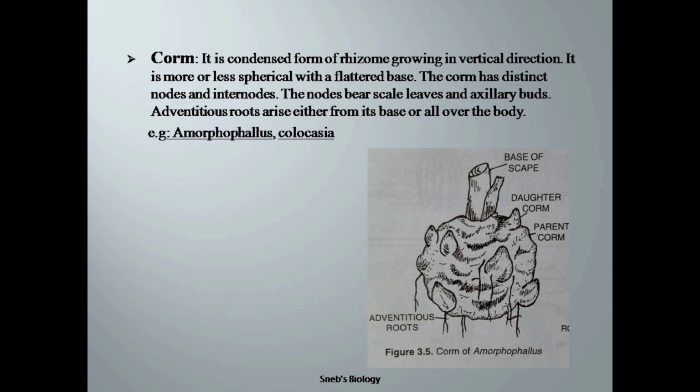New corms are produced every year either above or laterally on the old corm. That means the parent corm gives rise to a daughter corm which also attaches to the main stem. Here the stem is present for storage of food and at the same time it helps in vegetative propagation. For example, Colocasia,